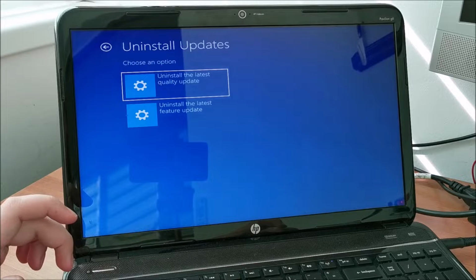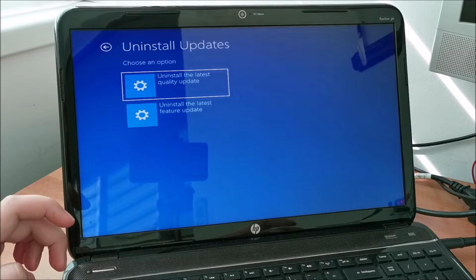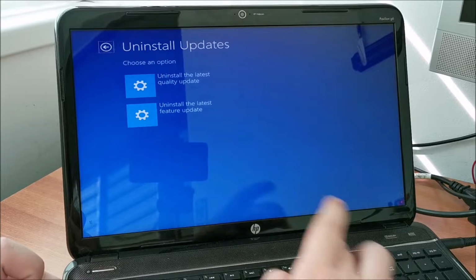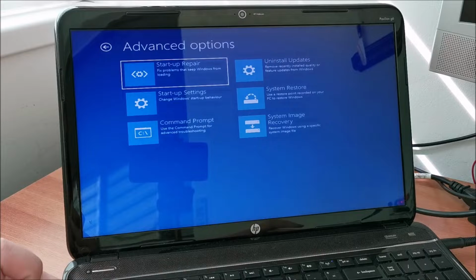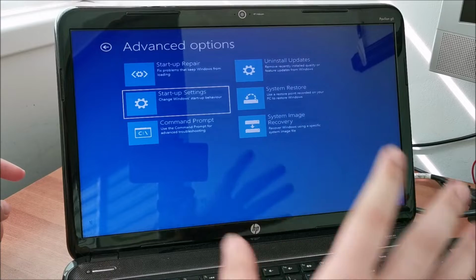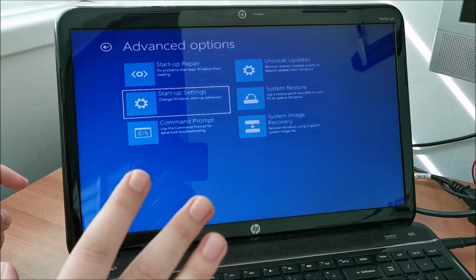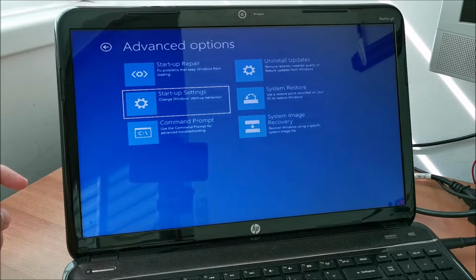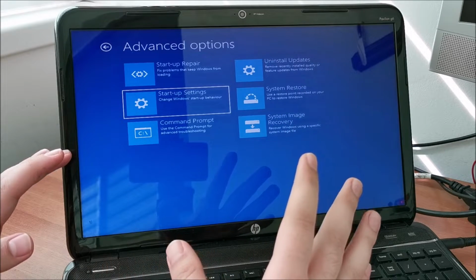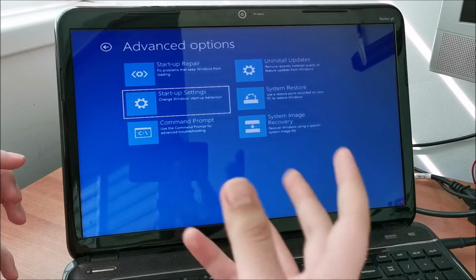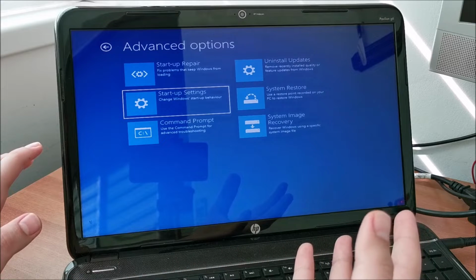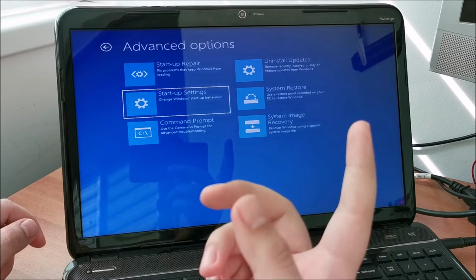I could try to... Can I somehow get out of this menu? Yeah, use tab from your keyboard to move between these things, and when you are on the arrow, press enter. I could attempt to go to startup settings and boot this thing in safe mode. But I'm not sure if that would help me, because it's a fresh Windows install and this crapped out on me when it was installing all the drivers, what Windows installs by itself at startup. So I have no idea which one of them is causing the issue,